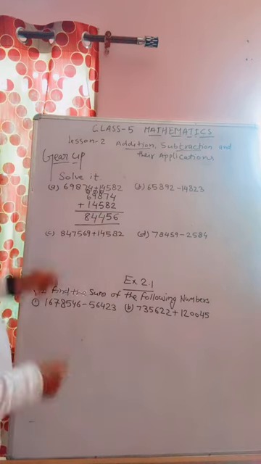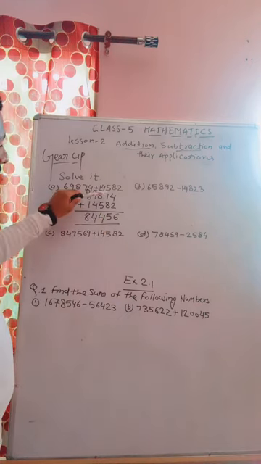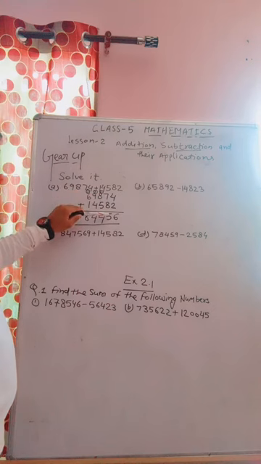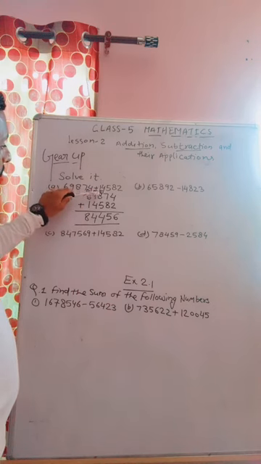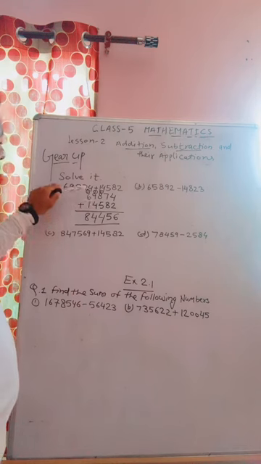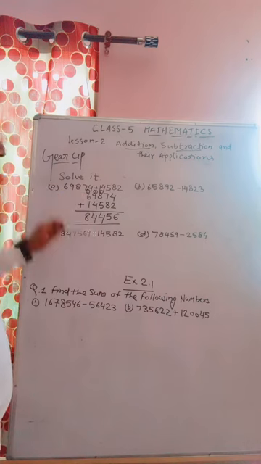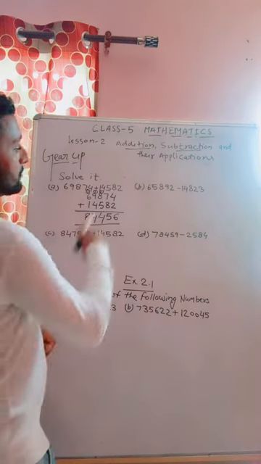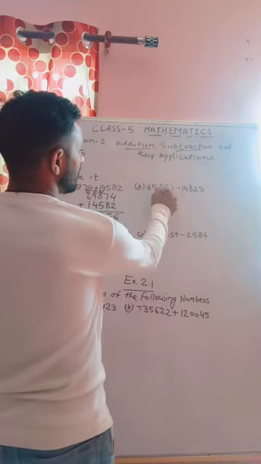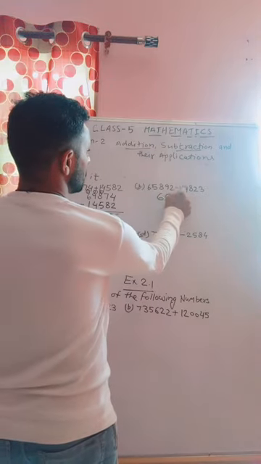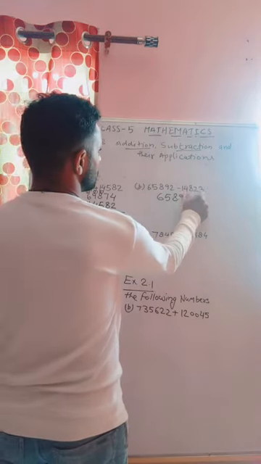Okay, what is the answer? 4 and 2 is 6, 7 and 8 is 15, write 5 here, 1 is carry, 1 and 8, 9, 9 and 5, 14, 4 here, 1 carry, 1 and 9, 10, and 4, 14, write 4 here and 1 is carry, 1 and 6, 7, and 1 carry, 8. Write this one. Arrange first, you write 6 5 8 9 2.